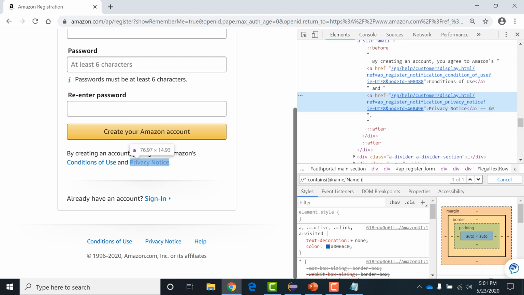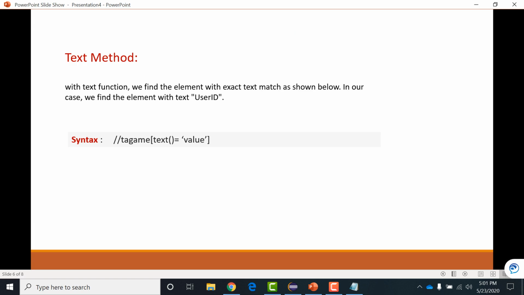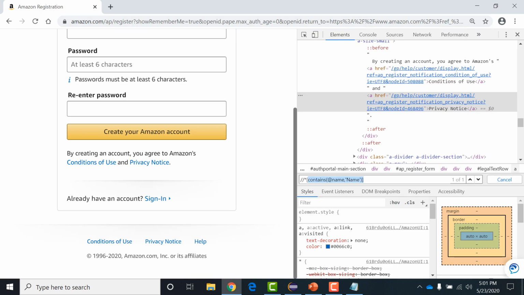Simple, either I can use the link text that we have seen in the last session, or we have one method, that is text. Simple: text equals to, what is the value of this particular element? The value is privacy notice. Just copy this, write this and see.